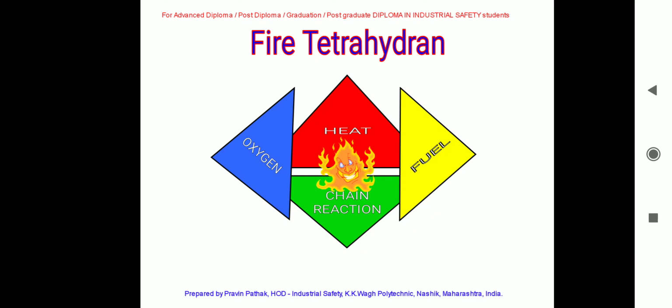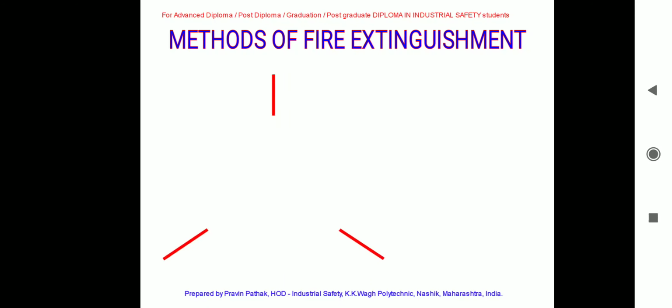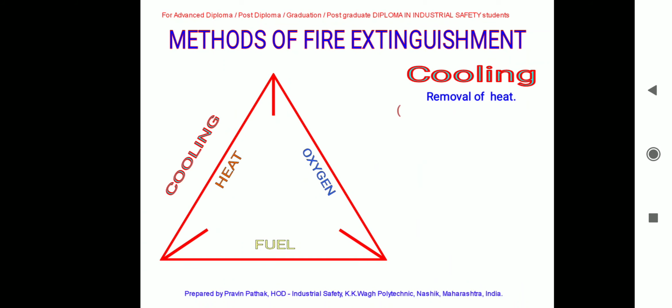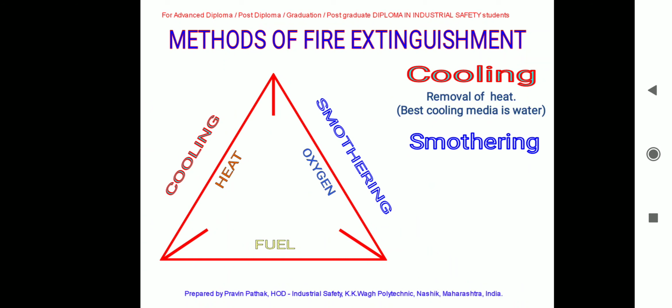A hidden point like a chain reaction may be there. That reaction may be exothermic, and that reaction may increase its rate with the help of temperature, that is called a chain reaction. So because of a chain reaction also, fire can catch. So these are the four elements, and that is why it is called the fire tetrahedron. Now we know the fire elements, then the example, then the fire tetrahedron. Then how to extinguish this fire?